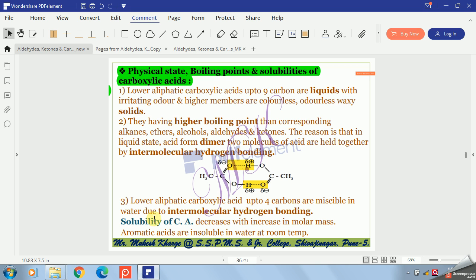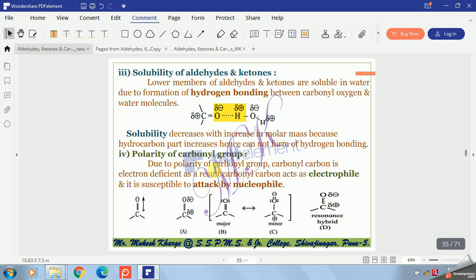So when the question is related to solubility, then you have to write one molecule of acetic acid and one molecule of water and write down the hydrogen bonding. It is written while discussing the previous one. So this is the solubility of